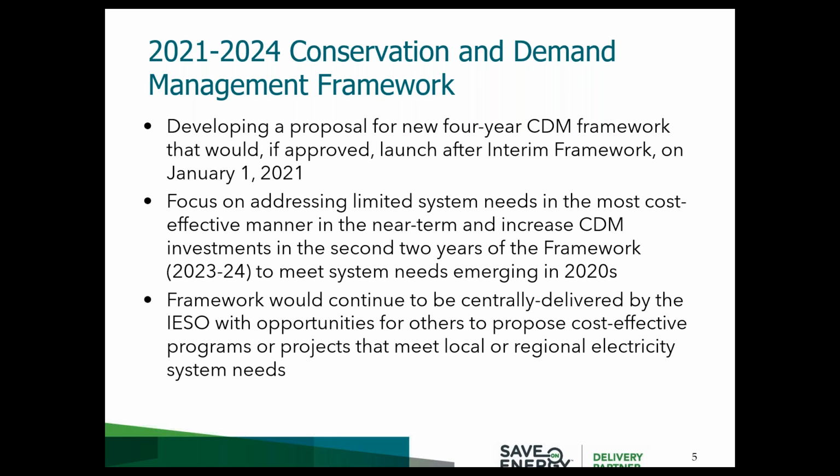Today we'll be speaking about our current interim framework, which is set to end December of this year. We're in the process of developing a proposal for a new 4-year conservation and demand management framework that, if approved by the Ministry of Energy, would launch on January 1. The focus will be on addressing limited system needs in the most cost-effective manner in the near term and increase